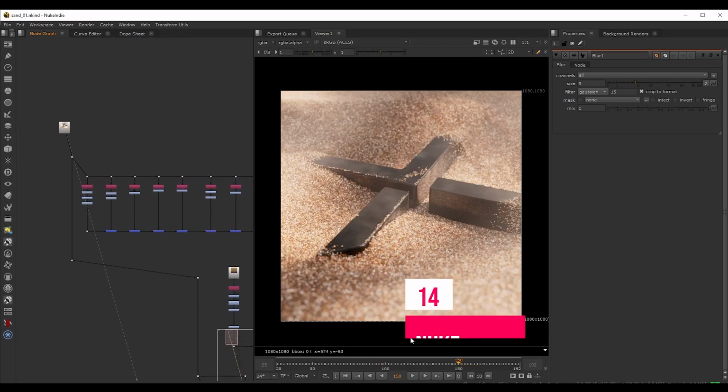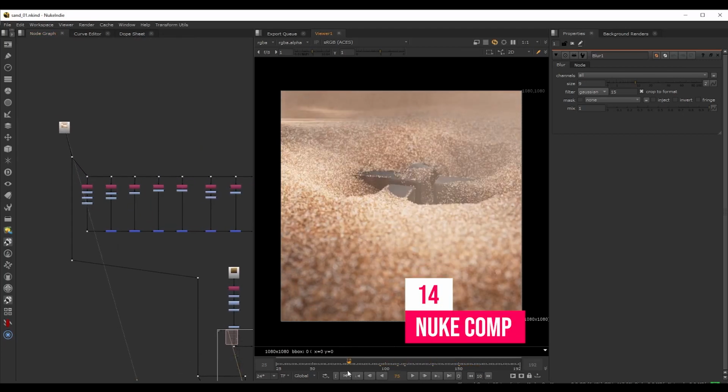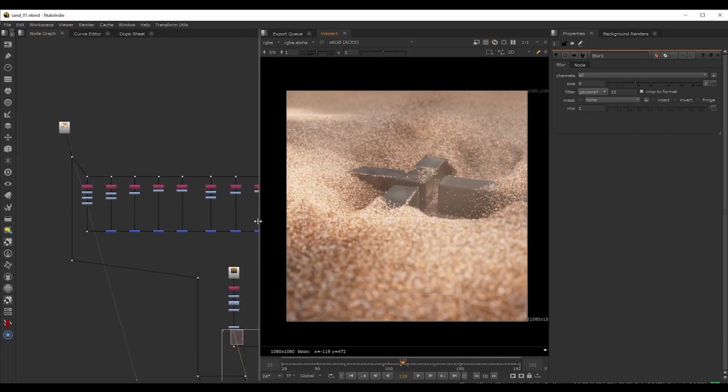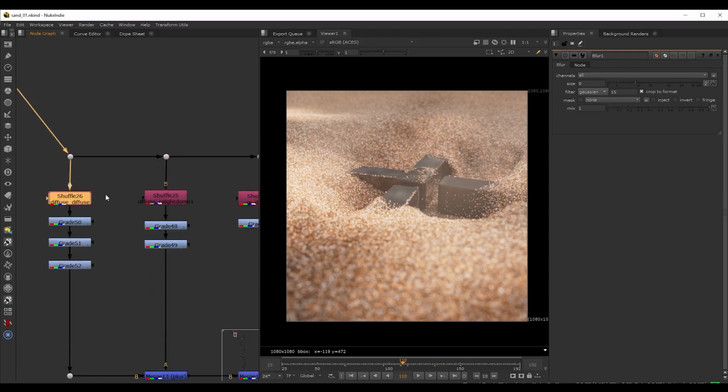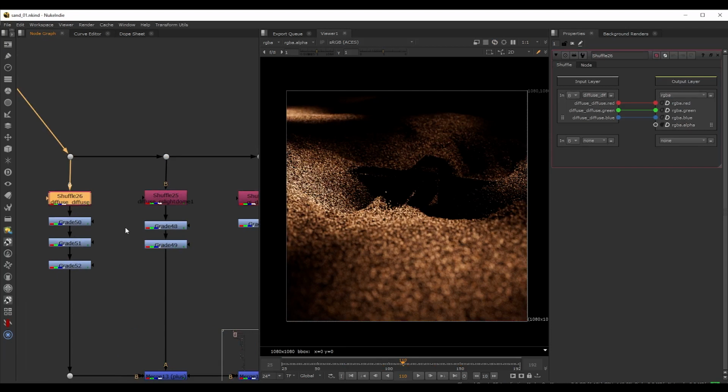So this is how the original render looks, and this is where we start. And over here, this entire chain is me splitting up all of the diffuse, reflection, specular passes, so everything that comprises the beauty pass. And I'm also separating these per light, so this is why there are a lot of these. So if I go one by one, we can see that this is the diffuse from our main light,